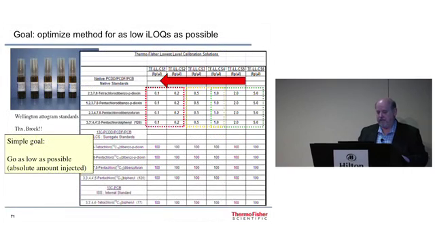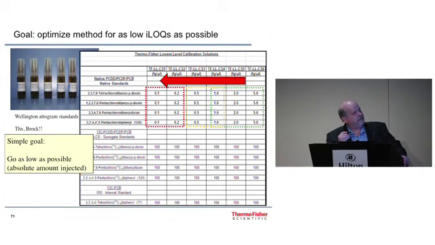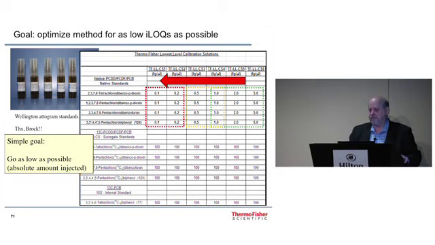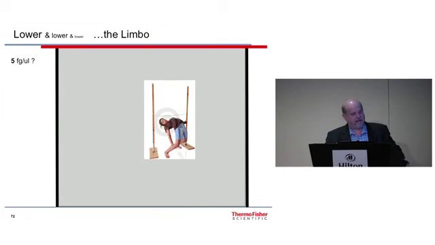We had a set of analytical standards created that went to very, very low levels so that we could take a look at the instrument LOQ and try to see how low we could go. So this is kind of like doing the limbo, and I want to show you here